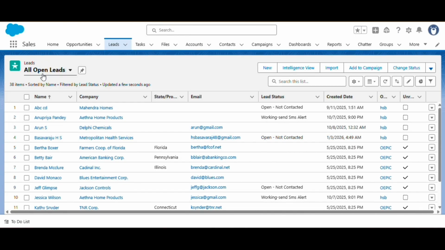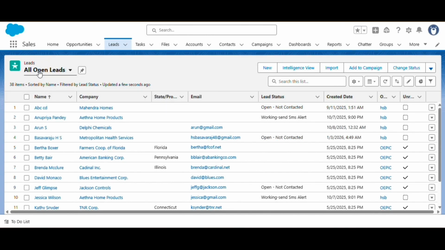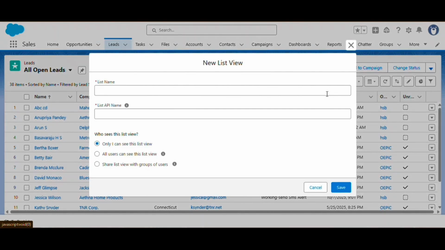Now, let's see how to create a new list view. First, go to an existing list view like all open leads, then click on the gear icon, which is called List View Controls. Here, you will see options like New, Clone, Rename, Sharing Settings, Select Fields to Display, Delete, and Reset Column Sorting. To create a new list view,